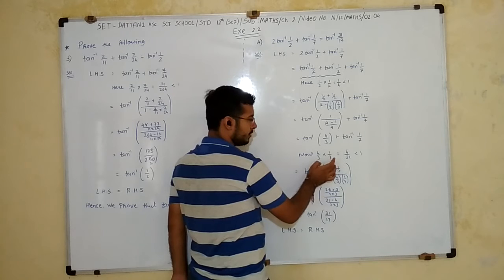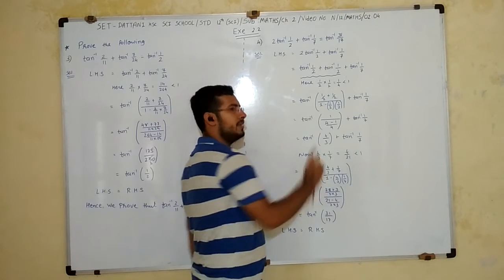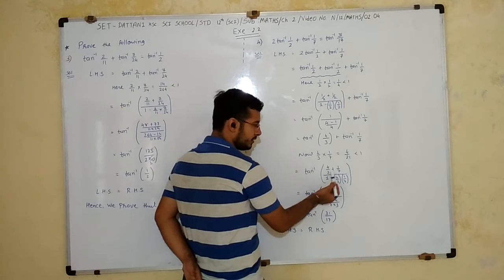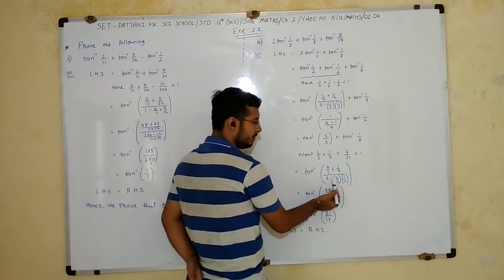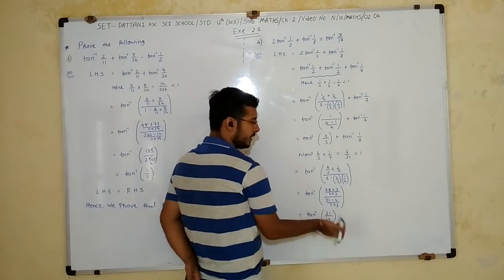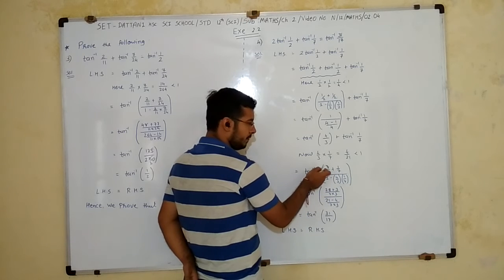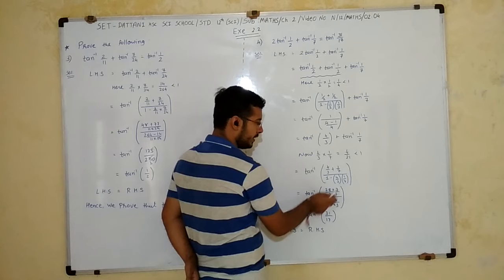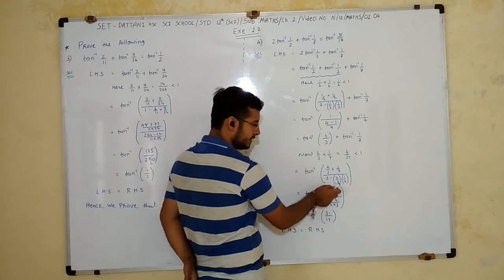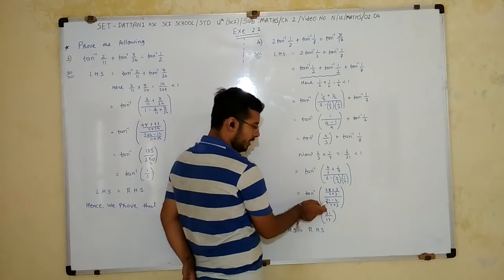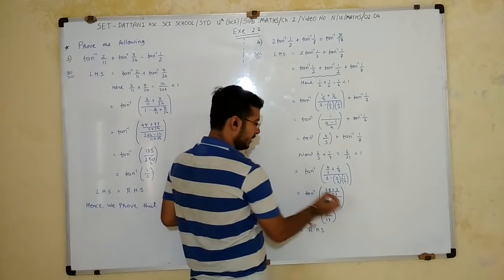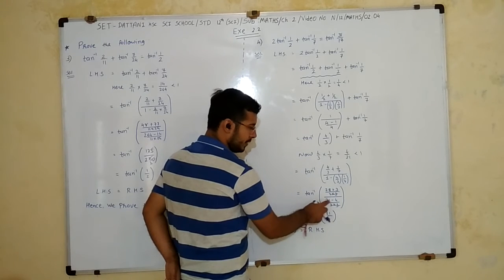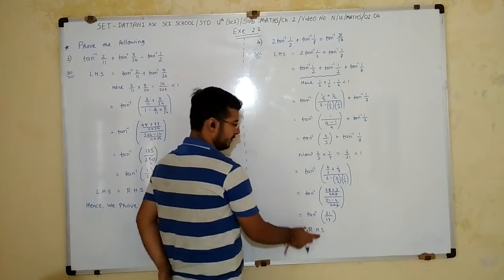We multiply 4 ones are 4 and 7 threes are 21. Once again it is less than 1. So once again we use the formula tan inverse, x means 4 by 3, plus y means 1 by 7, upon 1 minus 4 by 3 into 1 by 7. Here cross multiplication, 7 fours are 28 and 3 ones are 3. Multiply in the denominator 7 into 3. 4 ones are 4, 7 threes are 21 and cross 21 ones are 21. 7 threes are both cut. 28 plus 3, 31 and 21 minus 4, 17. So we get our RHS.